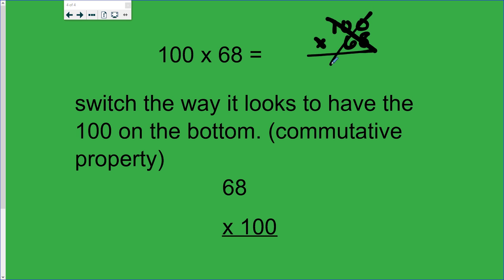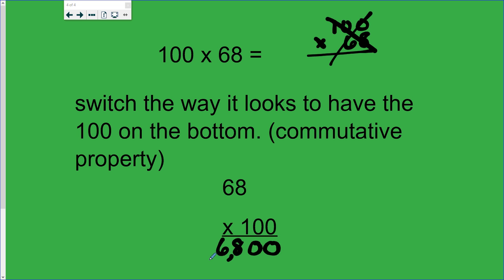We don't need to put our mental stress through that. We can write it like I have it down here because of the commutative property. We can flip-flop them. We put the 68 on top, the 100 at the bottom, and we drop the zeros off to the side there. So now we have a 0 here, a 0 there, and 68 times 1, which would give me 68. And I get